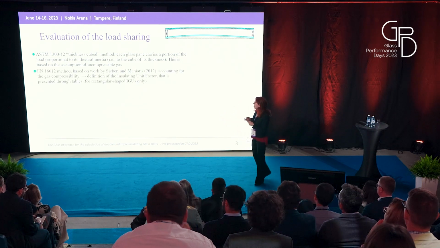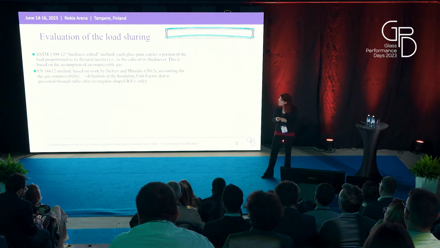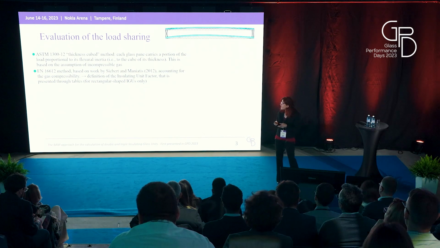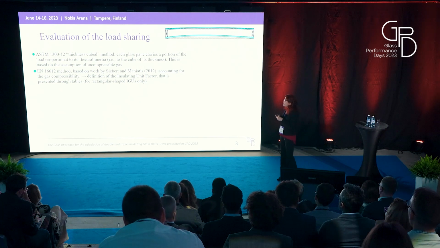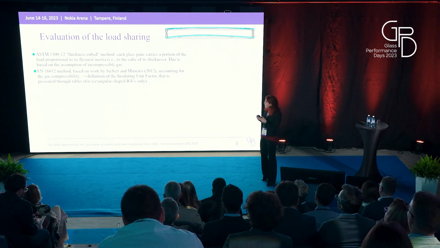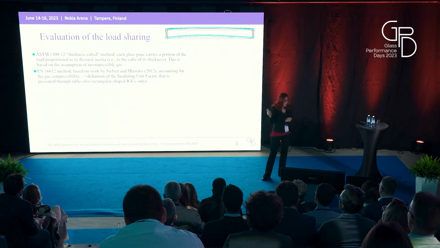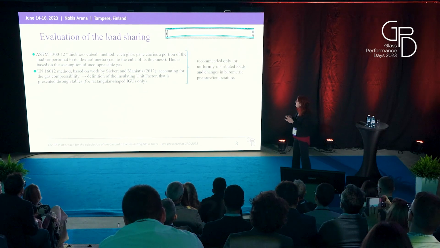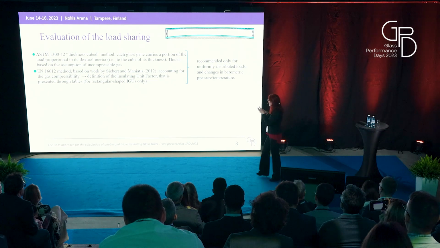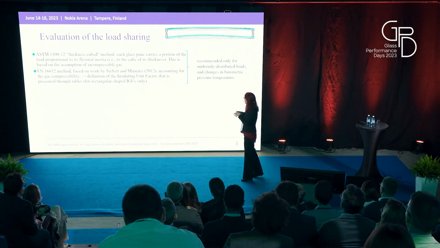On the other hand, the method proposed by the European norm 16612 accounts for the gas compressibility through the definition of an insulating unit factor. However, both of these methods can be used only for climatic loads, so change in barometric pressure and temperature, and